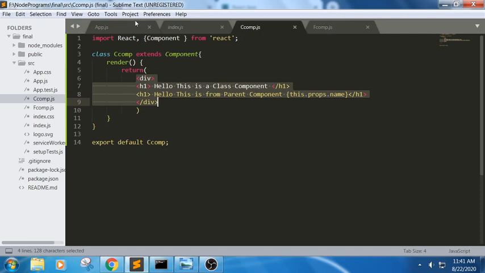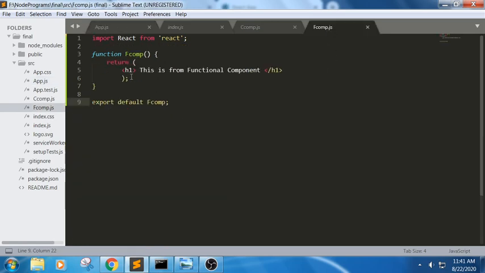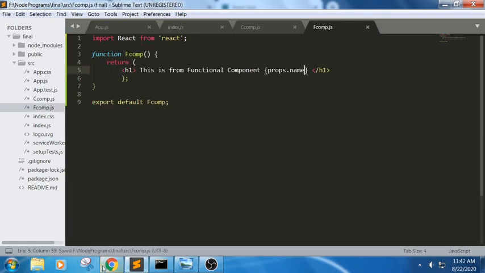Now, for example, in the functional component, I am trying to write a name here. Similarly, I am writing one more name here. How can I use this in the functional component? We can use it in the functional component using props. But here, we need not use the keyword this. Always remember, whenever you take props here, let me show you: props.name. What was the key here? Name, right? Yes, name. So I have written props.name.